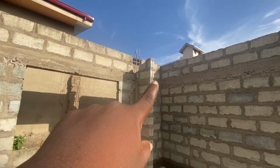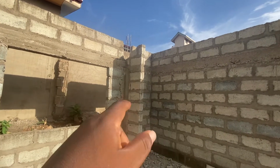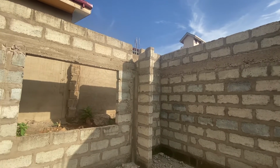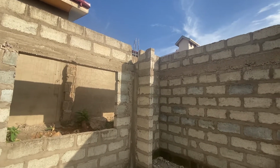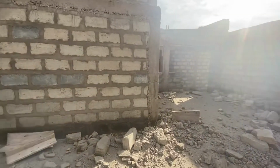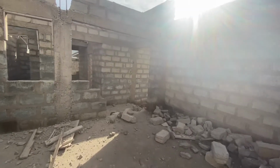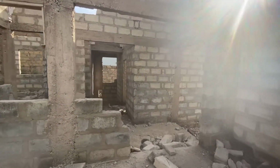And that's what they are doing in the corner there, breaking through the pillars to reveal the iron rods, so that they can lap it to continue at the top there. And that's what we are doing here today, making some corrections so that this property can be turned into a